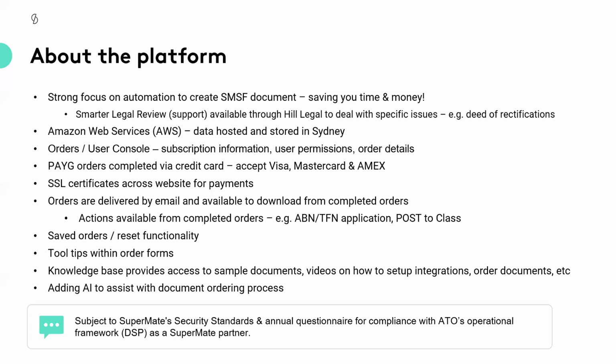So the ordering time is fairly instantaneous. So when I say fairly instantaneous, what I mean is that subject to the complexity of the particular documents that are being ordered, you might be looking at 2 minutes, you might be looking at 5 minutes for that information to come through. The only time that might take a little bit more, again, is where you might have that legal review process, and therefore it goes through a separate system where it may be 2 or 3, maybe up to 5 days, subject to the complexities of it, to have that sign off